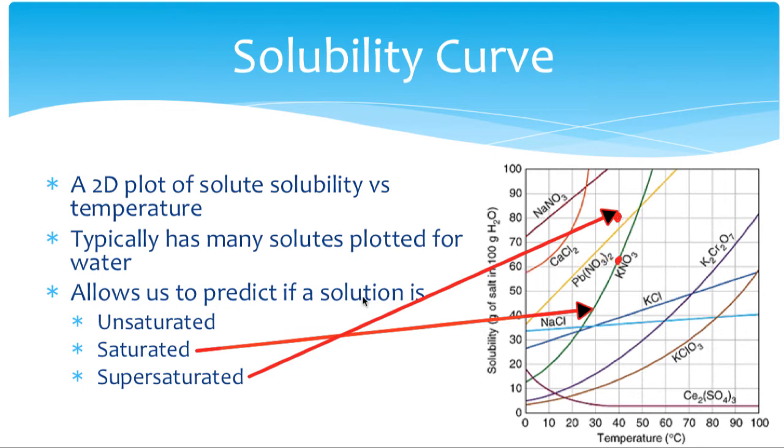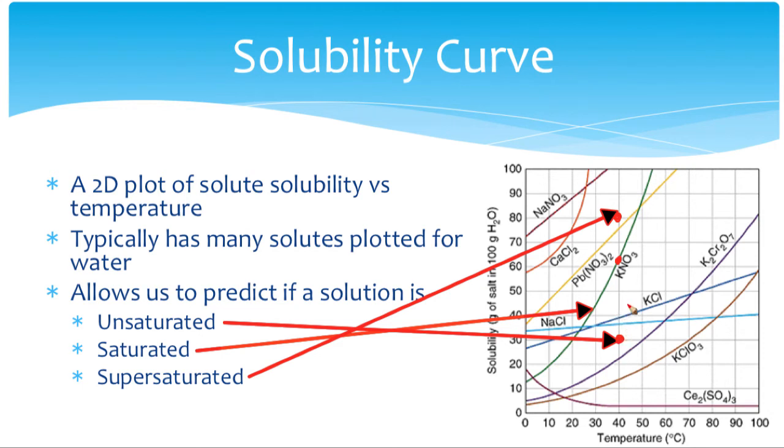And then last but not least, we have unsaturated, which again can be represented by being anywhere underneath the actual curve. And my apologies for all my crossing arrows here. Again, at our same example, if we have only 30 grams dissolved at 40 degrees Celsius, we would expect that